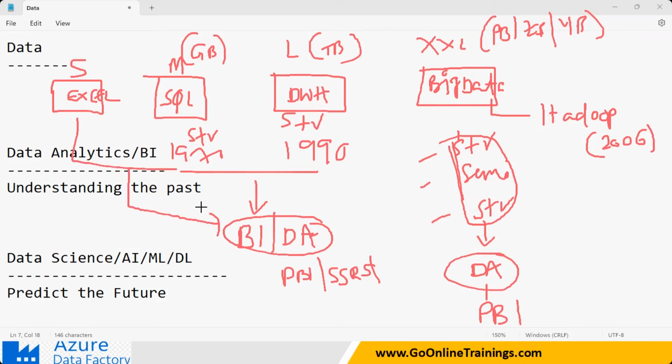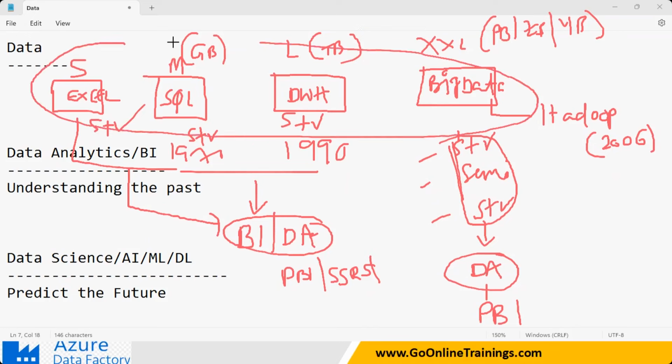But they wanted to predict what will be my sales in India in the next 5 years, what will be the obesity rate in the next 5 years, how many people are going to be dying in the next 10 years. I would like to predict the data. So all the data, maybe from Excel, maybe from SQL, maybe from data warehousing, maybe from big data, maybe structured data, maybe unstructured data, semi-structured data, I have to give it and I have to perform one more type of analytics, that is what is called AI/ML.